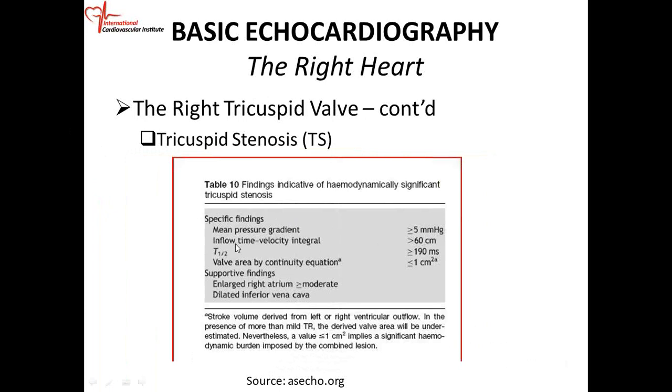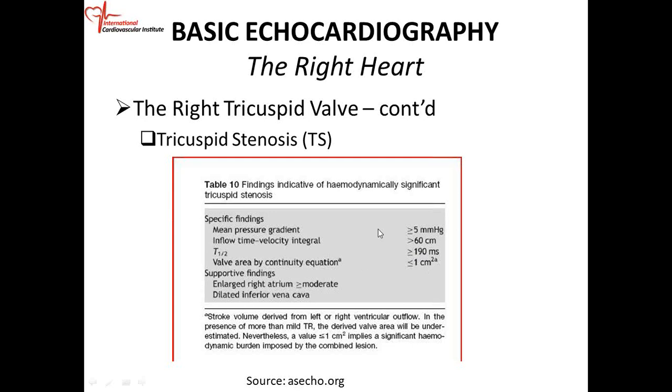When you do your velocity time integral, it's usually greater than 60 centimeters. Pressure half time, unlike the mitral, anything greater than or equal to 190 milliseconds suggests significant tricuspid stenosis. For the mitral, it's 220, but for the tricuspid valve, 190 milliseconds. And if the valve area by continuity equation is less than or equal to 1 centimeter squared, then that suggests